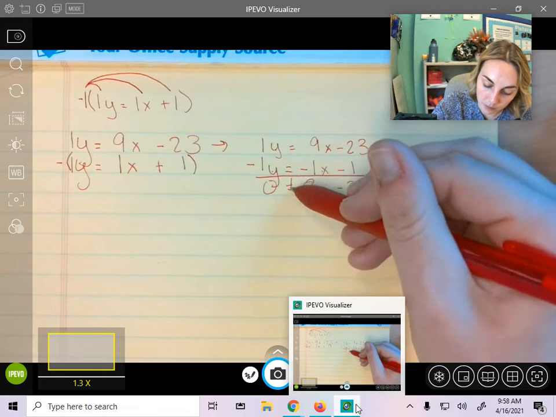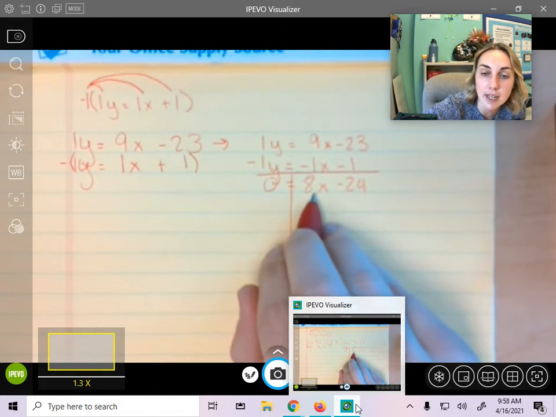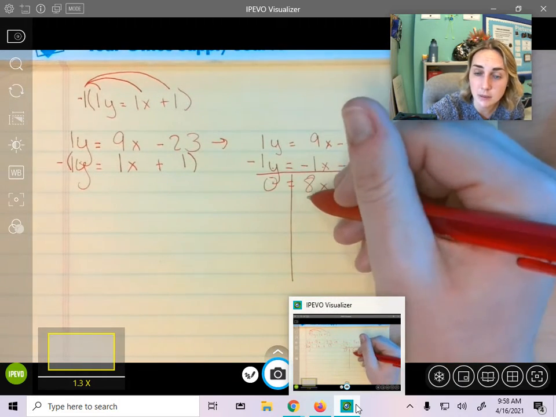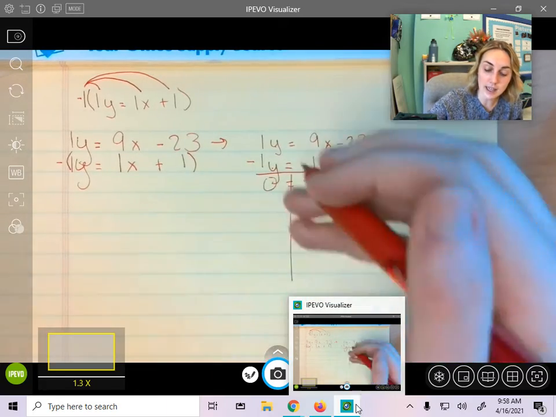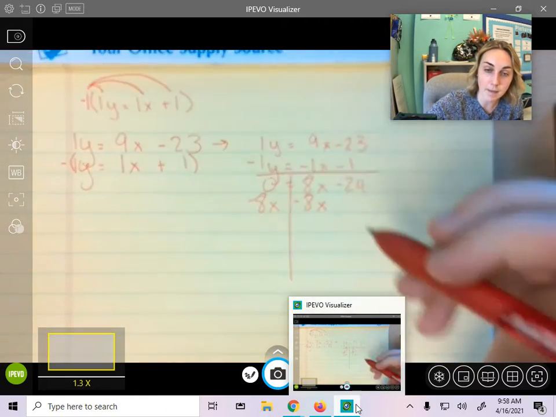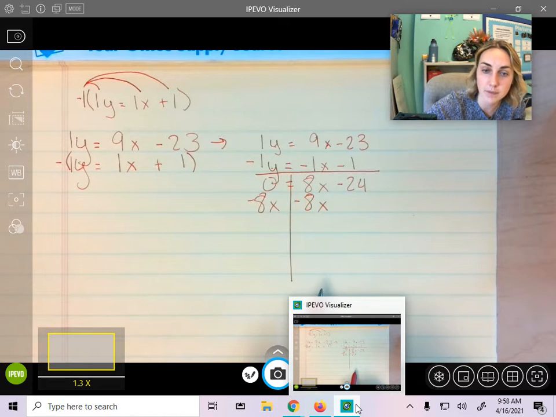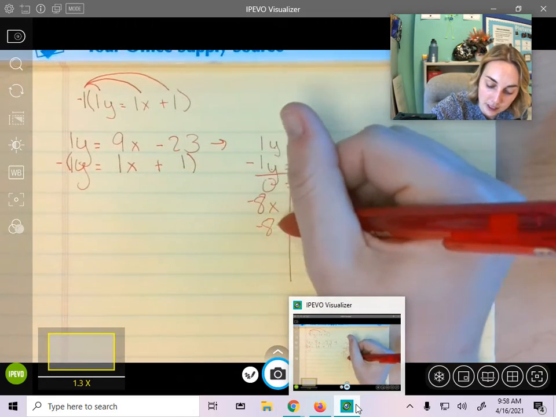And this is what I want to do. I'm going to put it in the balance beam. I'm going to move my variable over here. So what I'm going to do is the opposite of 8x, which is -8x. And whatever I do on one side, I'm going to do on the other side as well, okay? So I want to separate these two. I want to move my variable to the other side of the equal sign, and you'll see why in just a second. Now that I have moved this variable,